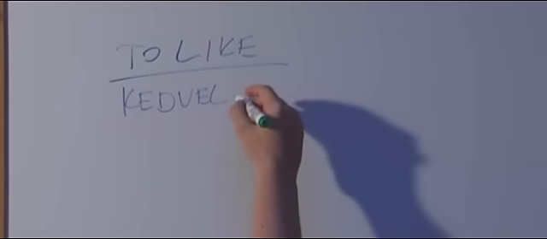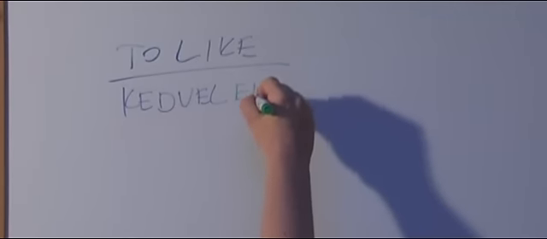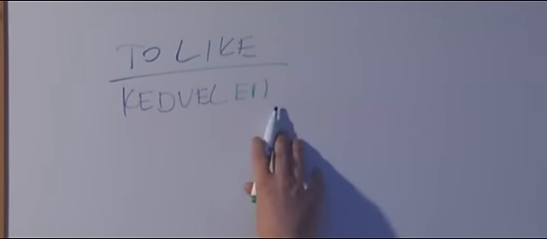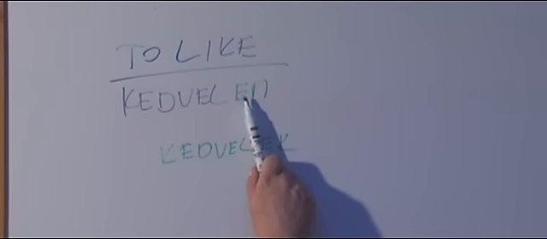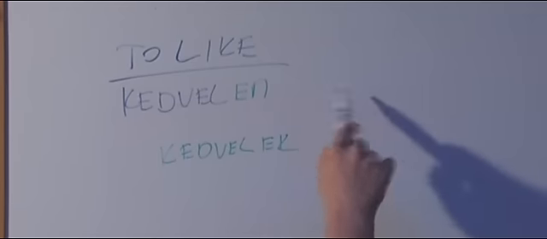For example, if I want to like somebody, then you have to put, or I have to put, this one. Now, this is in object mode. Remember, if I just like without any object, I write kedvelek, but if there is an object after this verb, then it means I like that thing.